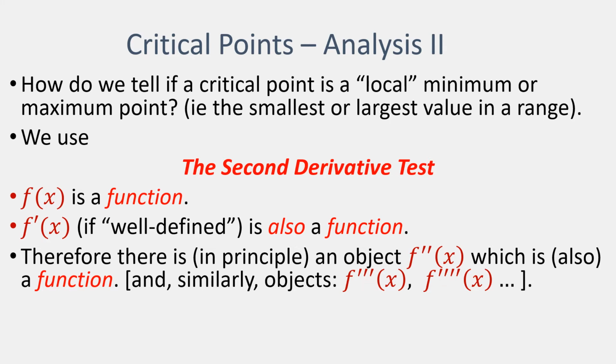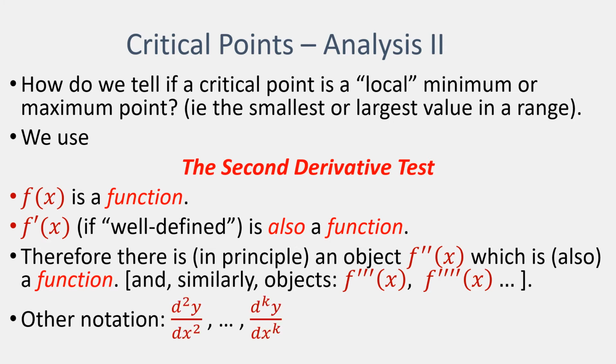That can get a little bit cumbersome, so another notation which is rather more common in this context is to use this form here. So if we have a fixed constant value k, we can describe the kth derivative of that function, not by simply writing f with a string of k dashes, but in this rather more convenient form here.